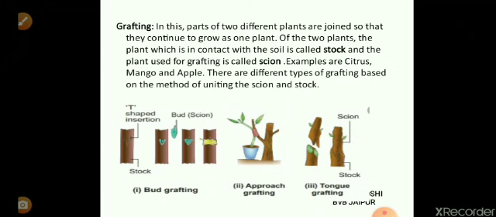So the cambium and the vascular supply of the two different parts, stock and scion, are joined tightly so that there will be no interference with the vascular supply